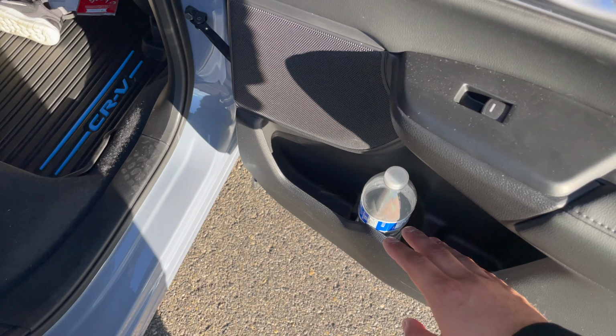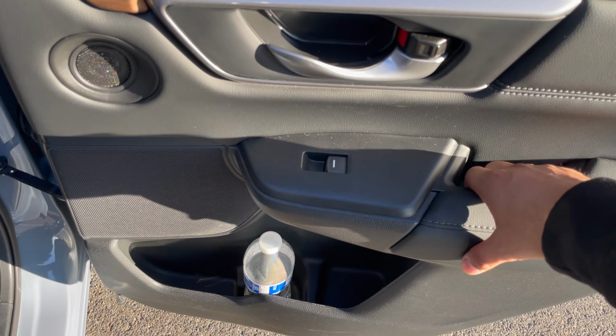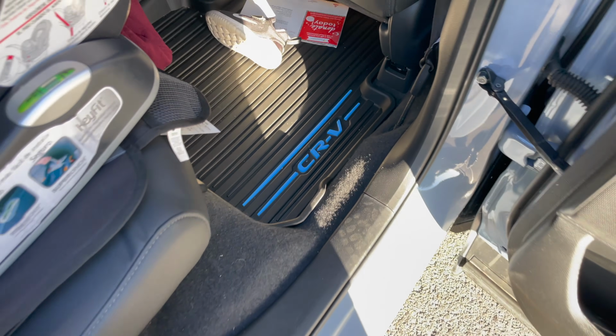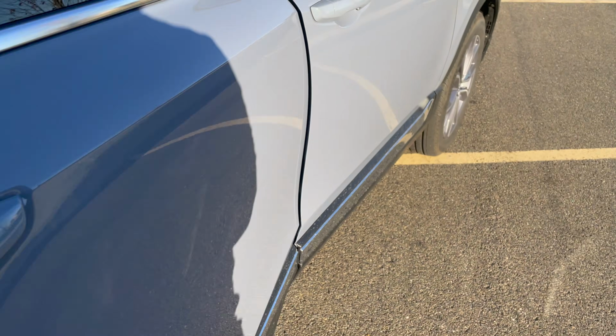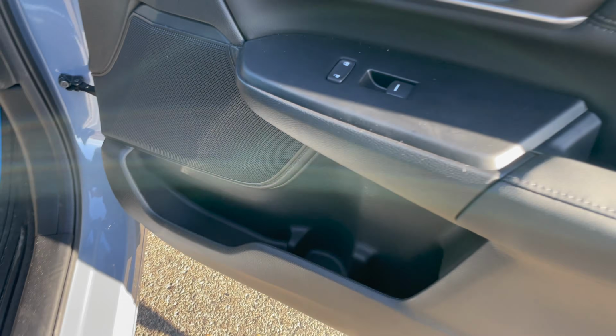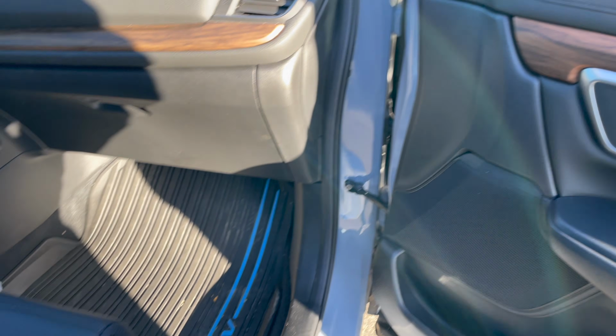As I mentioned, we still got that one water bottle holder and then more little trays to hold stuff, a speaker, another speaker. And then I got these all-weather floor mats because it gets dirty out here. Let me move this jacket again. As I mentioned, you got the one water bottle, you could fit two though, here on this side as well. And then